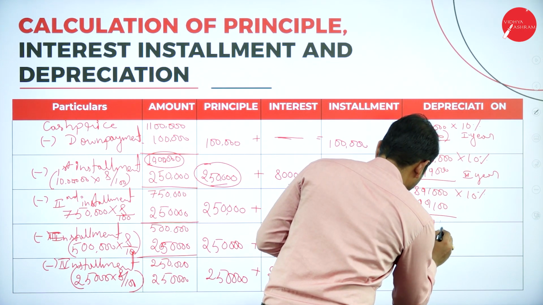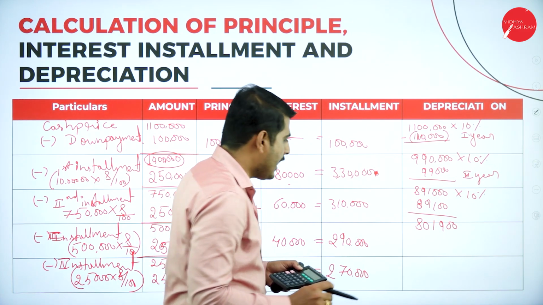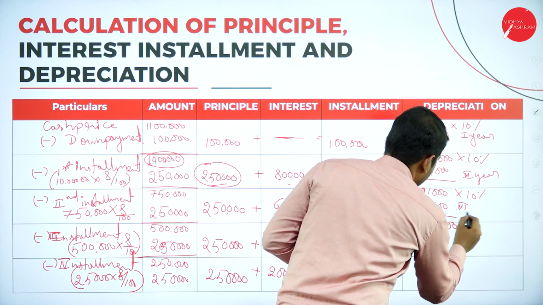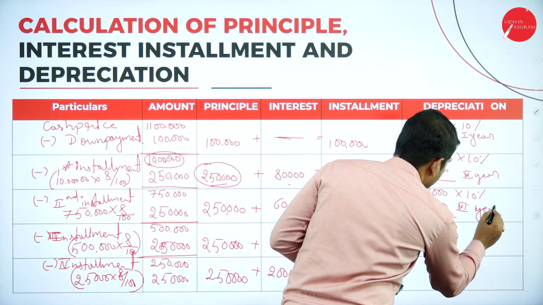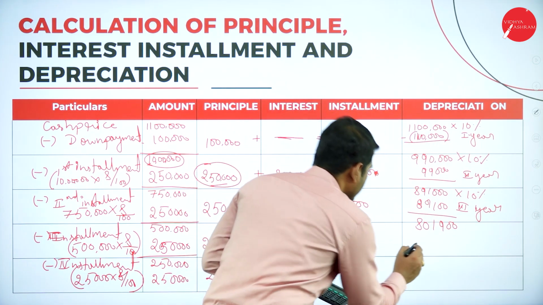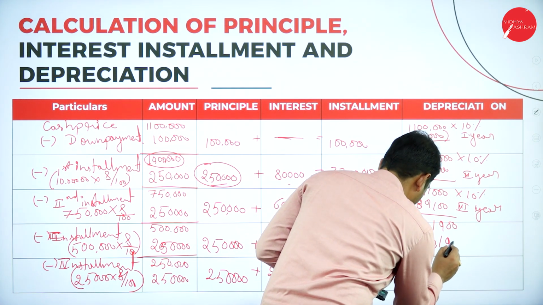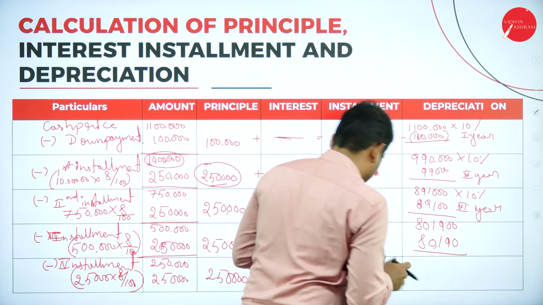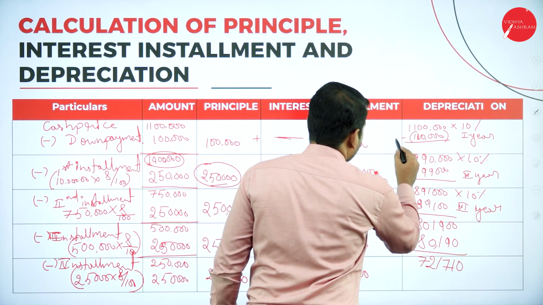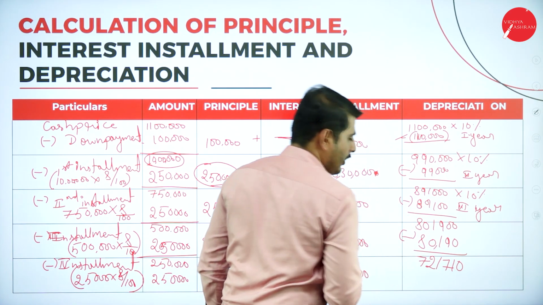So we'll get 8 lakh 1,900 as the balance. Again, for 4 years we need this: first year, third year, and next year. 10% of it is 80,190. If you deduct that, we get 7,21,010. So this is for the first year depreciation, second year depreciation, third year depreciation, fourth year. I hope you are clear.